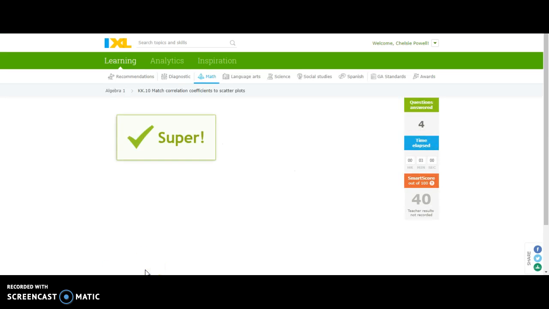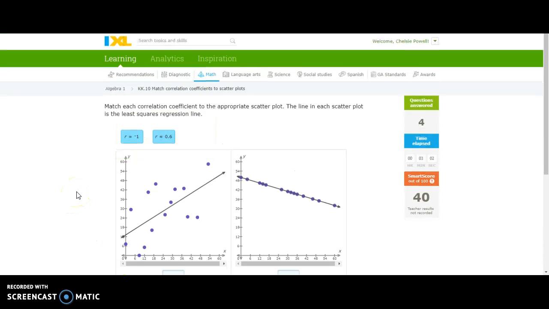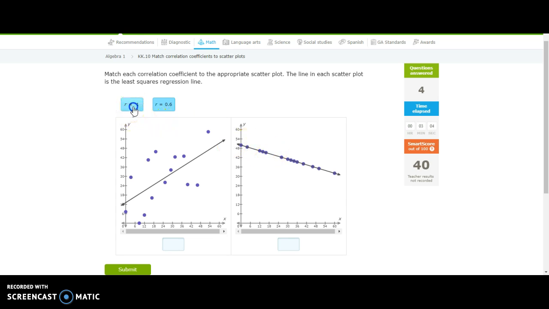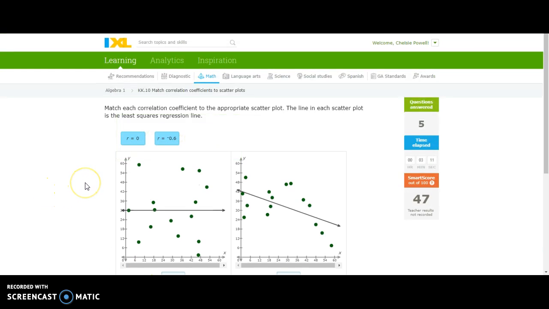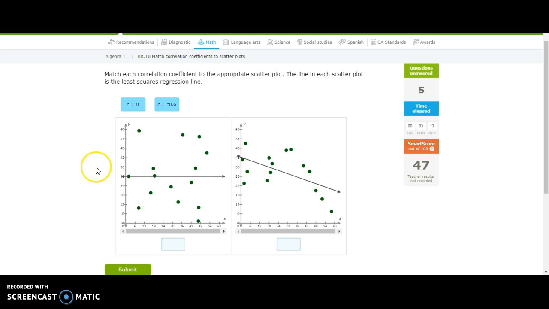We'll do a couple more of these just so you can see some different problems. The ones that are super tight and close together are easier to determine. Trying to look for one that's a little bit harder. Here we go. All right, so if your line has 0 slope at all, that means that your correlation is